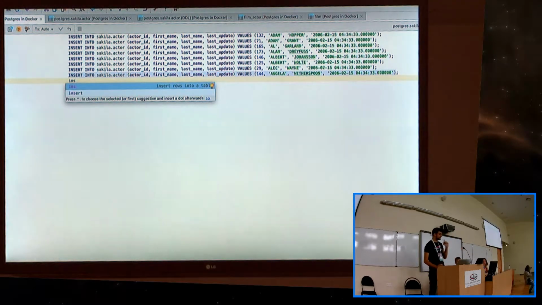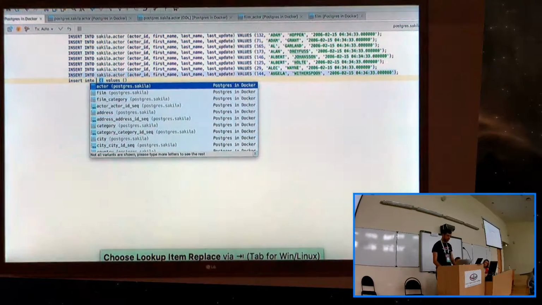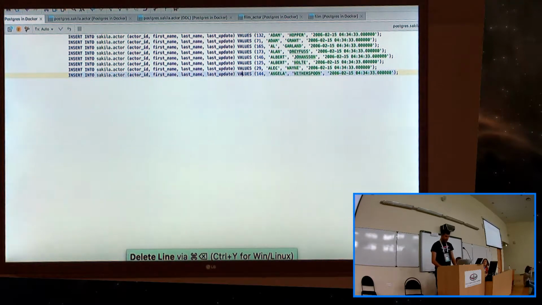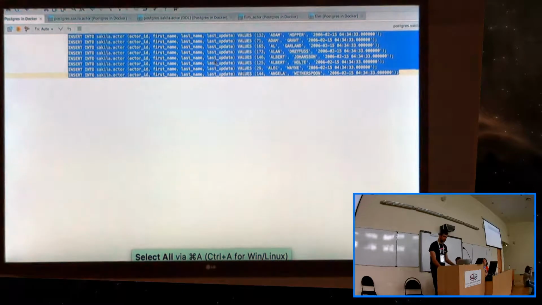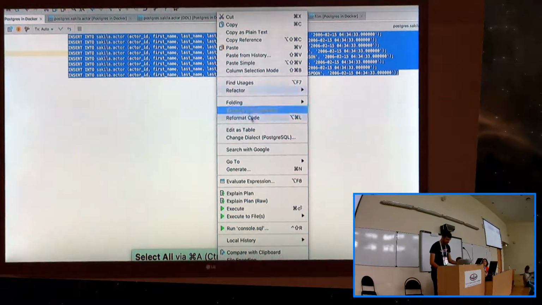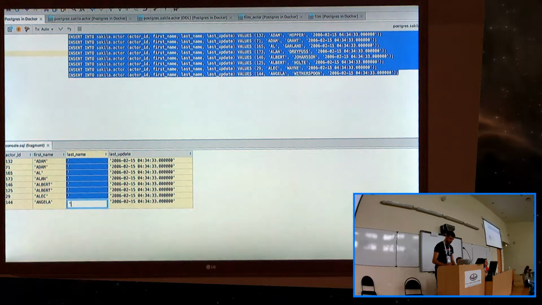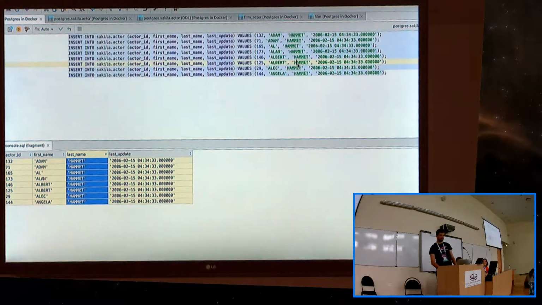Live template is ins. Those who came later, you do not know what our live templates are, but we can write insert in this way. Command P, I see all the parameters like that, and then I enter the information I need. Another interesting thing about insert, you can use them, hit edit as table, and you will get a table where you can change the content of these cells. Say we put honey here, this is a surname, and I change it in all the inserts, and it thinks